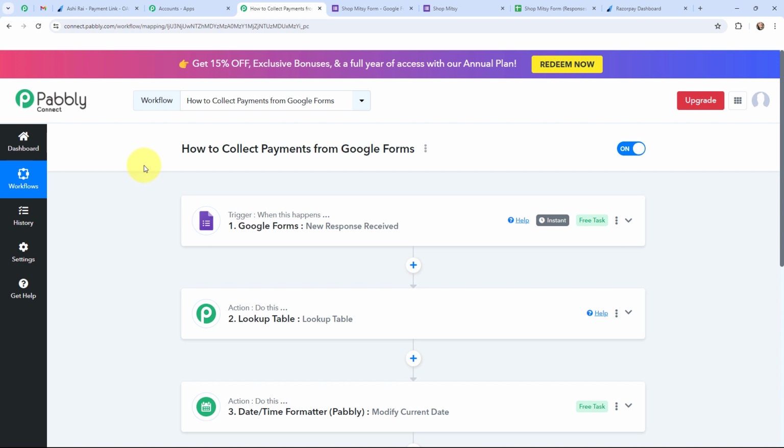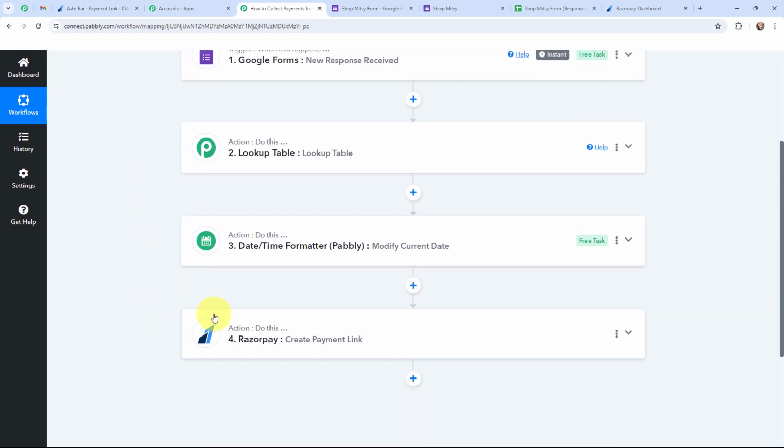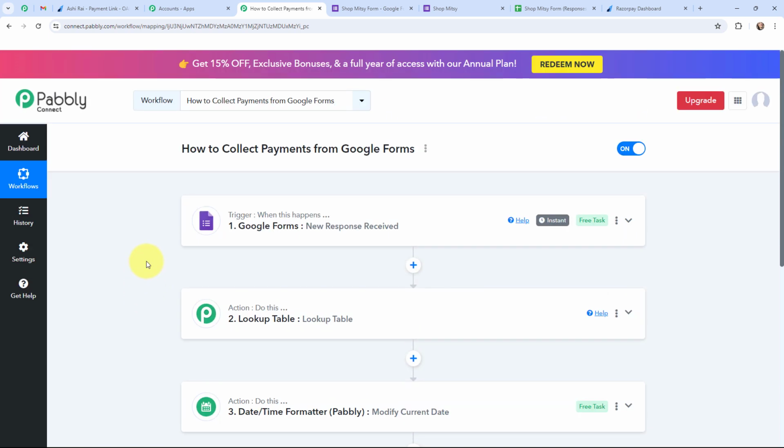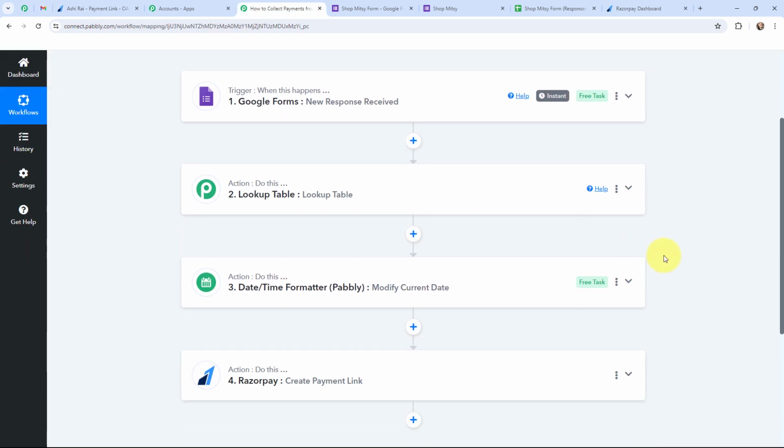As I've already mentioned, by using Google Forms, I have created a form which consists of the courses which I have offered. So my objective was that whenever a student submits this form, then as per the course selected, I want to send a payment link to that student. As I'm using Razorpay as my payment gateway, by using that, I'm going to send a payment link to that student via email. So over here, you can see that this here is the email that has been sent. And after clicking on the proceed to pay button, the student can make the final payment and get this course. So this automation was a successful one.